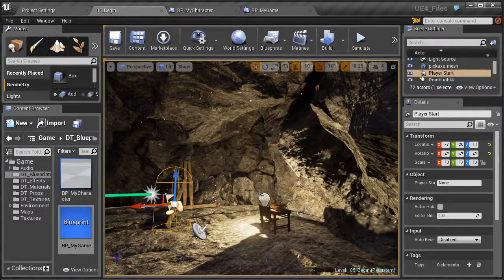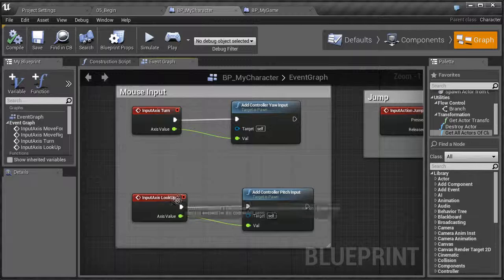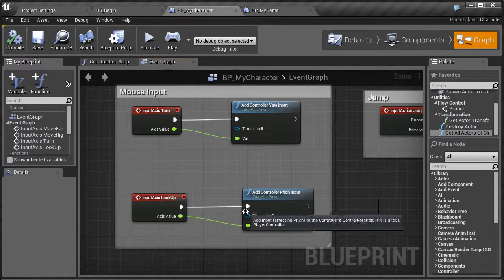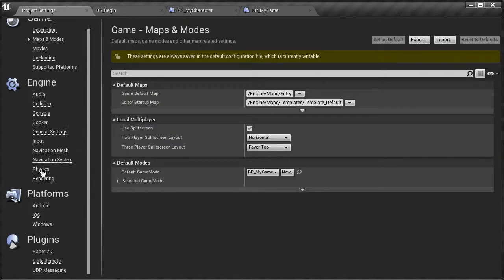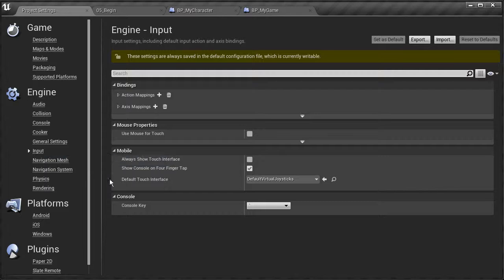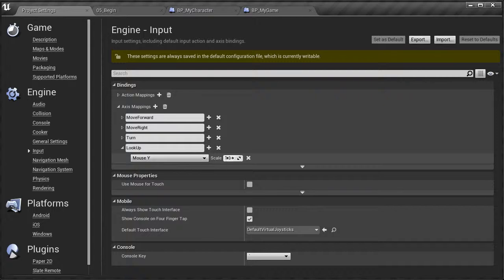Now, what is causing the invert in the look up and down? Well, if we take a look at our blueprint for the character, at our mouse input, we're seeing look up and add controller pitch, but it's being controlled by the values that we set in our inputs. We can see that here. So we know that it isn't right here. It's in those project settings. So let's go to project settings, and then go to input under engine, and then to our axis mapping, and then to lookup. Our mouse Y is set to a +1. Let's set it to a -1, and that will give you that